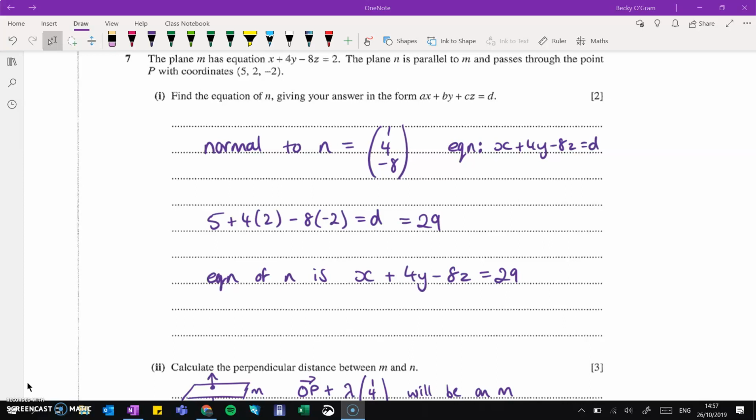We're up to question 7. So this one is our vectors question, and it's a fairly straightforward one to begin with. We've got a nice easy one to start us off at 2 marks here with telling us that we've got